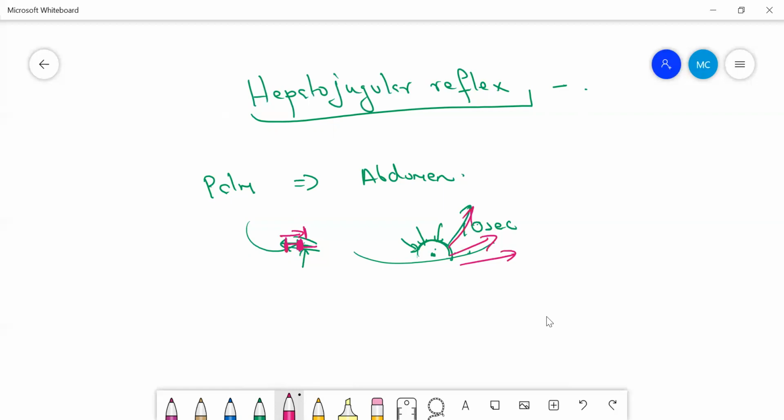So what do you understand? There is something which is called the positive hepatojugular reflex test. This is seen in early or incipient heart failure. So if the patient is having a positive hepatojugular reflex, then you say that it is a test which is positive in patients of early right heart failure. So how are you going to demonstrate this positive abdominojugular reflex test, or this hepatojugular reflex test?